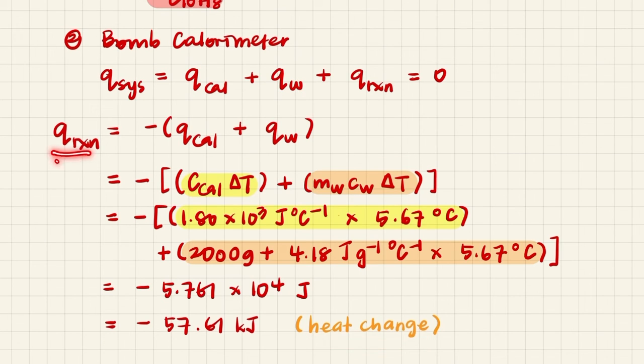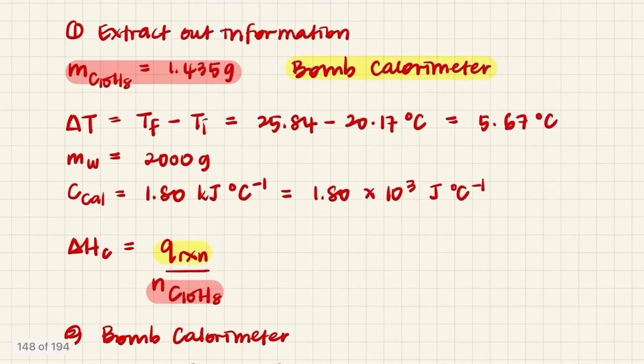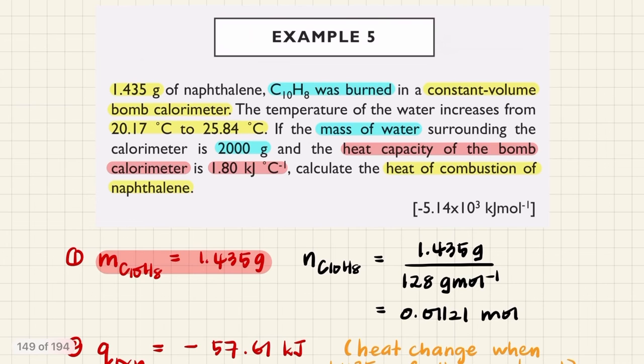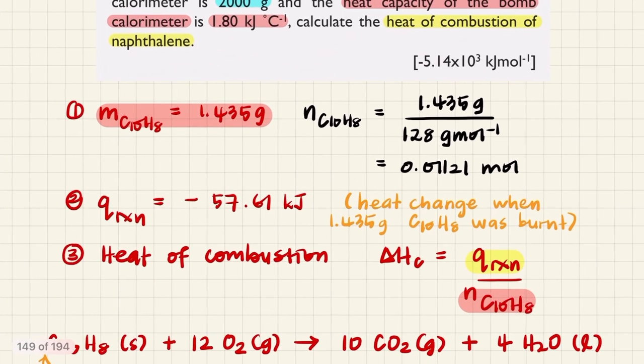So heat change for this combustion reaction is negative 57.61 kilojoule, meaning 57.61 kilojoule of heat has been released during the combustion of 1.435 grams of naphthalene. So make sure to understand what you are doing, because I will be asking during meet. Alright, so next thing to do once we already know the heat released by the reaction is